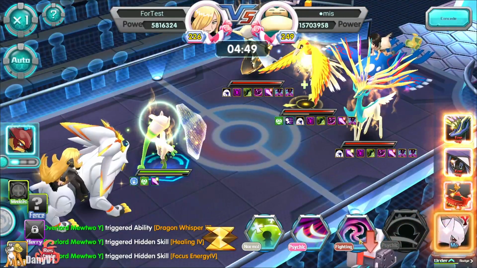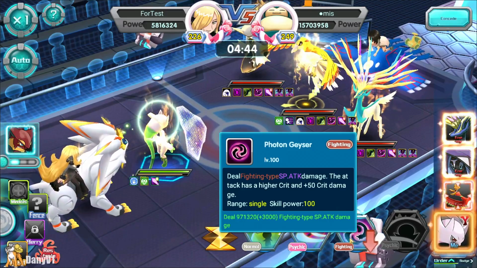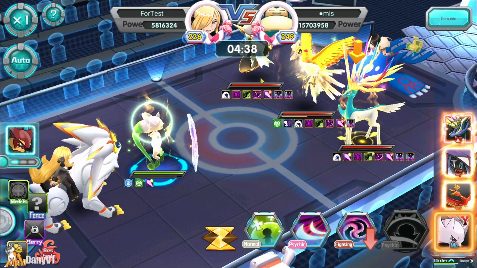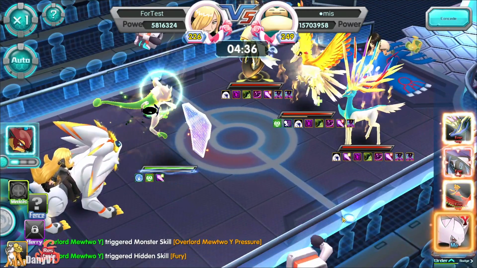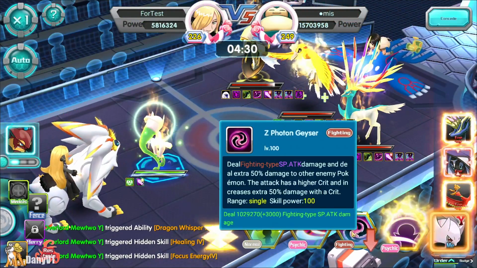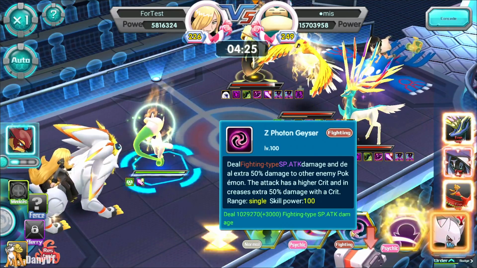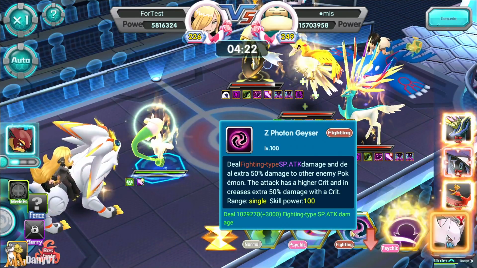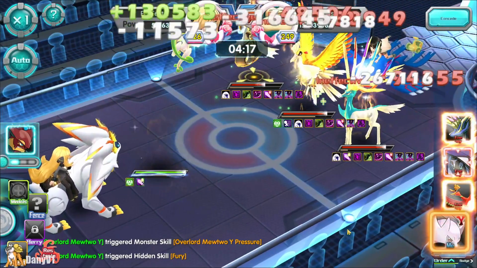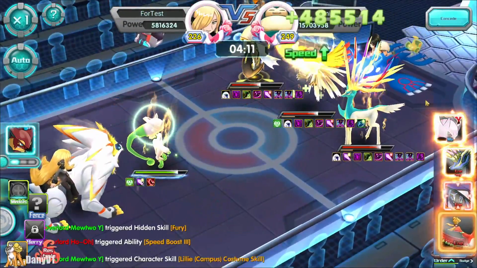On the skill number 3, it's a single target fighting type skill. Also with higher crit, and crit damage is 100 skill power though. And let's just do a quick test. Everybody is resistant to it, so it doesn't matter. So he's not doing much damage to Tapu Fini. And the Z skill version is basically the same thing, but deals 50% extra damage to the other enemy Pokemon. So I assume that it's going to do damage to Fini and everybody else. Yes. So 50% of the damage that you deal to the Pokemon you are selecting, you are dealing to the